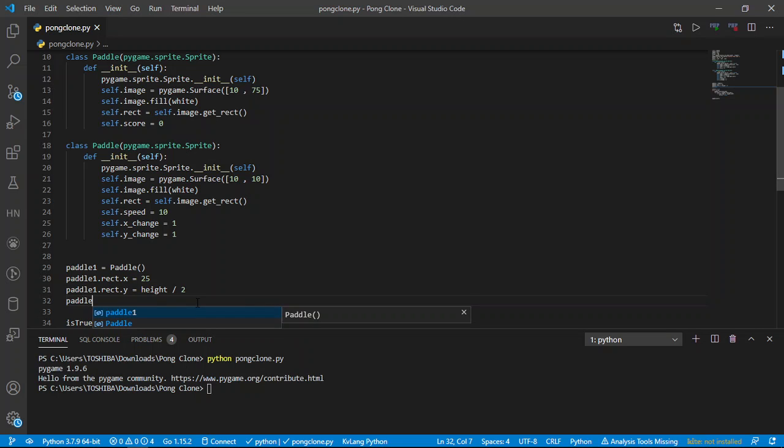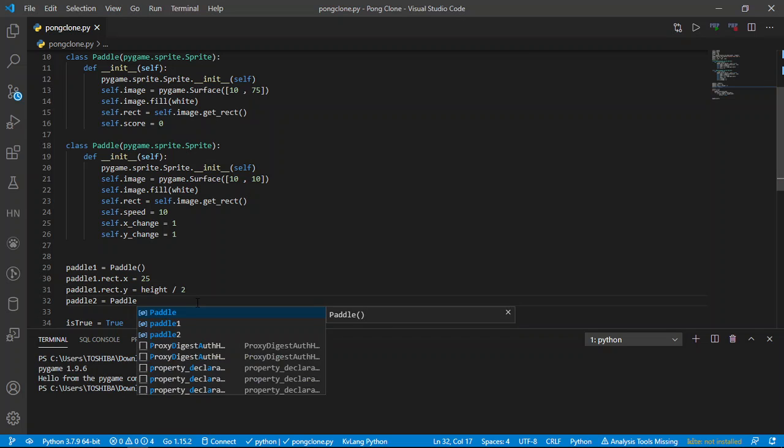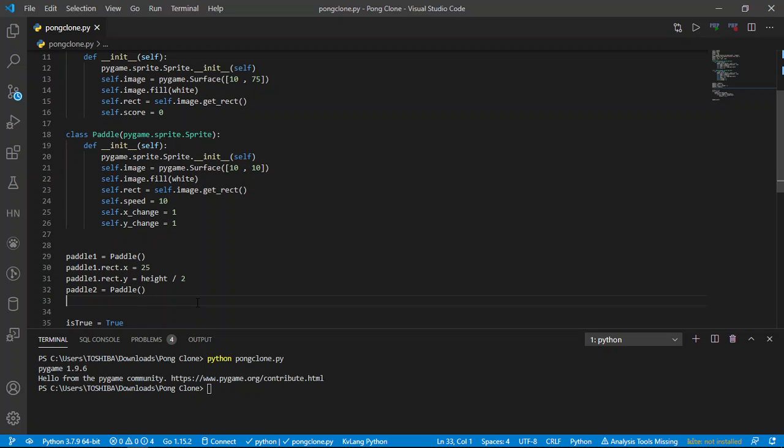So the next thing that you have to do is create the second paddle, the actual instance. After creating all this stuff, you have to set paddle two dot rect. Same thing: paddle two dot rect dot x is going to be equal to